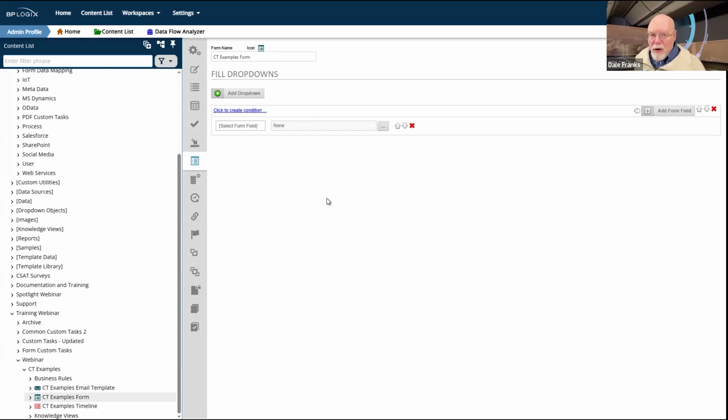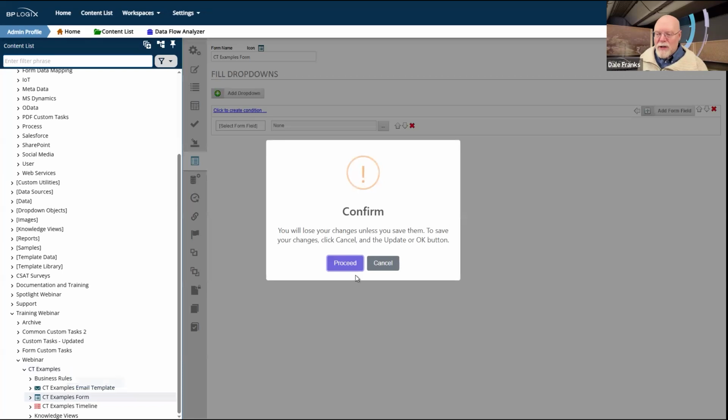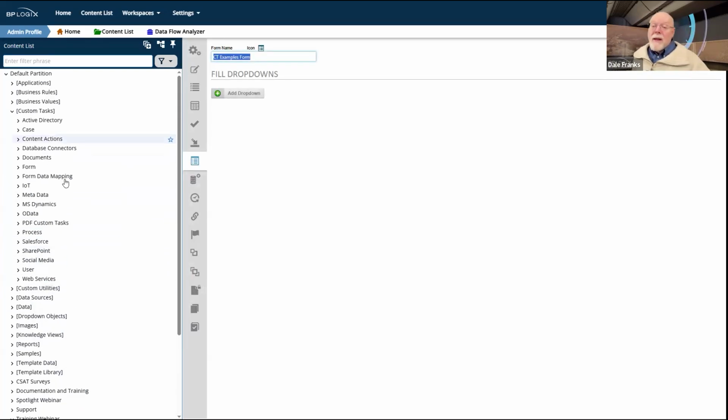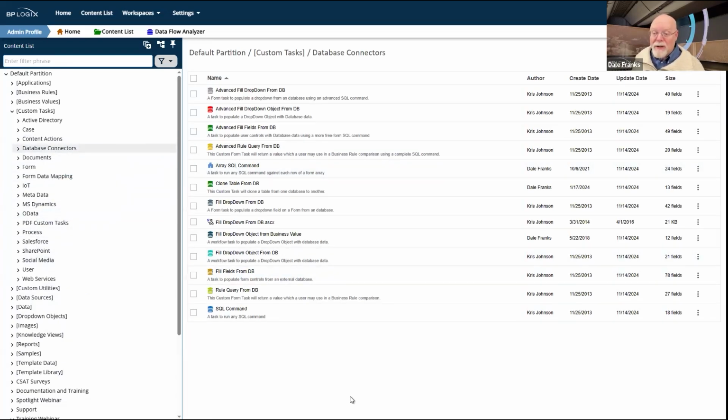if there is a UI feature that enables you to accomplish something that you used to do with a custom task, we strongly recommend that you use that UI feature and that you don't use the custom task, because the existence of the feature just largely deprecates the use of that custom task. Now, they still have to stay inside the setup of custom tasks, so they're still part of the custom tasks import that you would do.